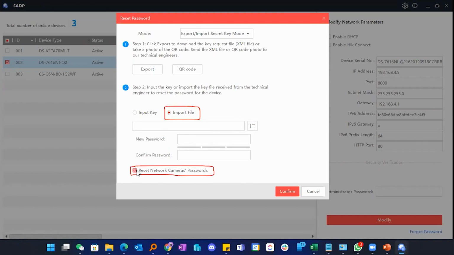So let's say you have an NVR connected to maybe 10 IP cameras. Sometimes IP cameras have a different password and the NVR has a different password, but at once you can reset the password for everything just by resetting the NVR password, which I think is a very important and very easy thing